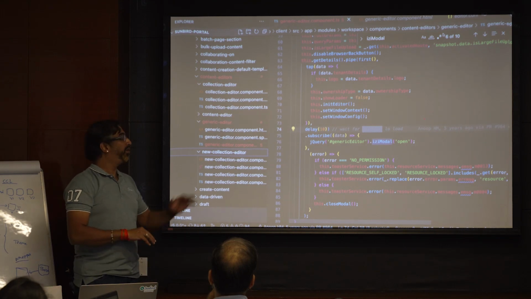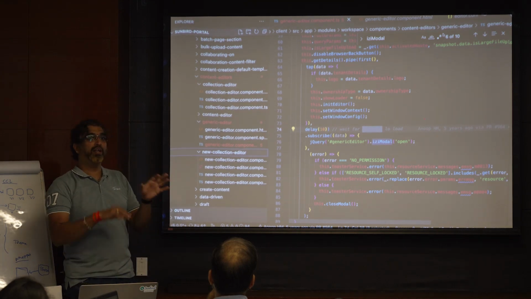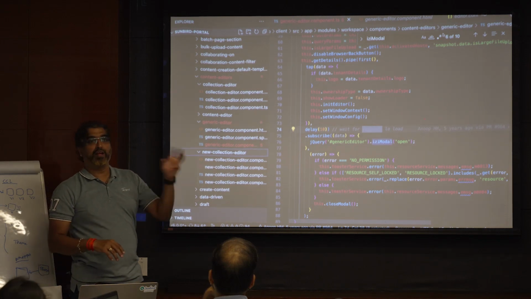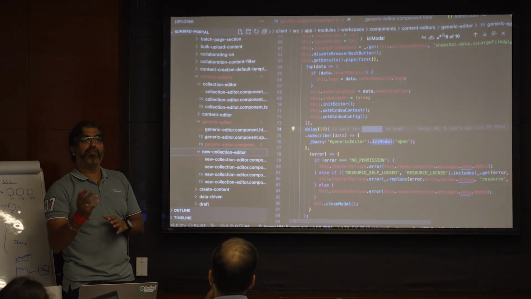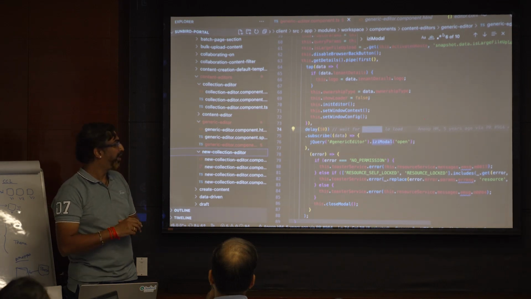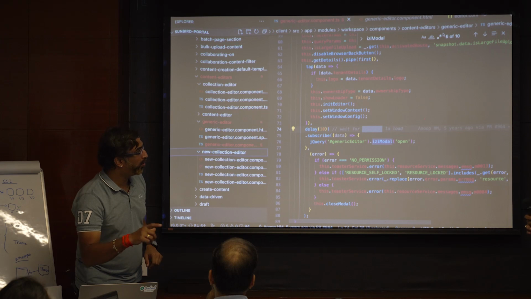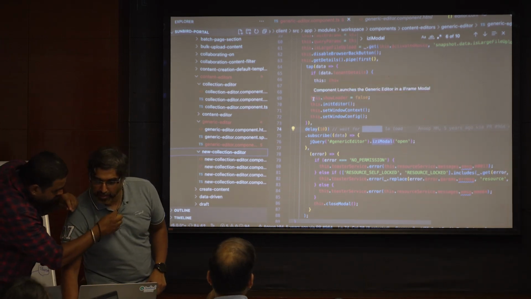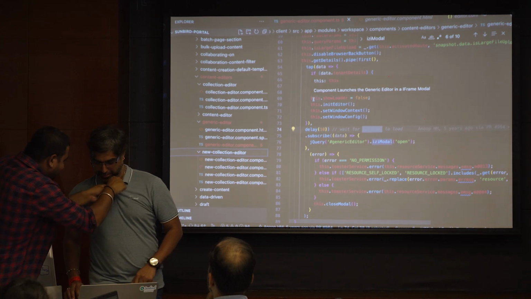So this is the collection editor and its code base, how configurations are sent to it and how they will be utilized. Should I go in depth? No, right? Just explain the configurations. Do you want to explain the whole configuration? Especially primary category. Touch upon the primary categories. Those are key things.